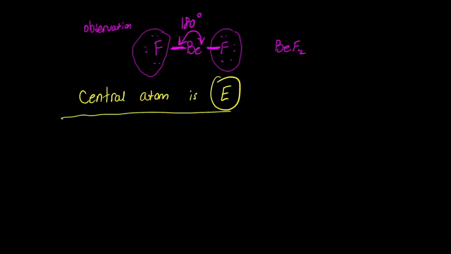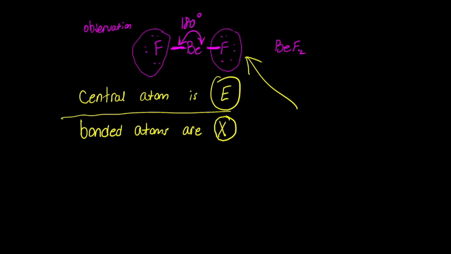But the central atom is called E. And then bonded atoms are X. Okay. And unshared electron pairs are just called dots in your book, I guess. Dots. I call them U. Your book is not the best here, but